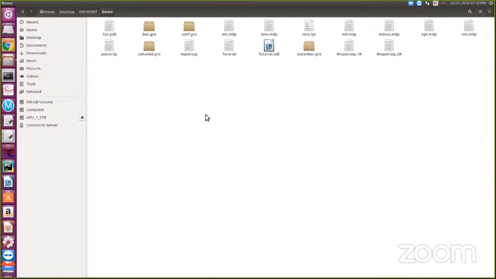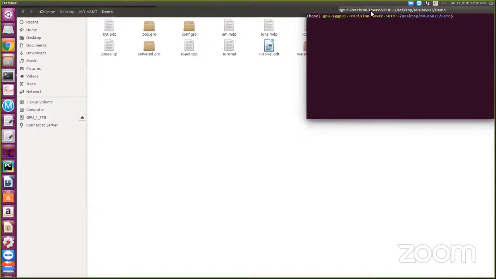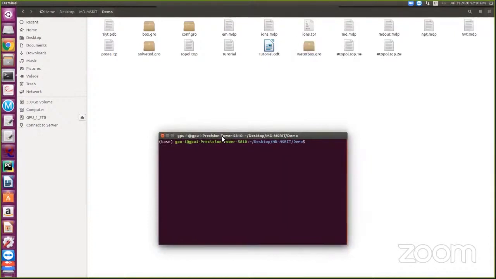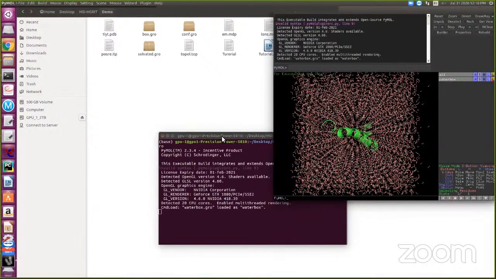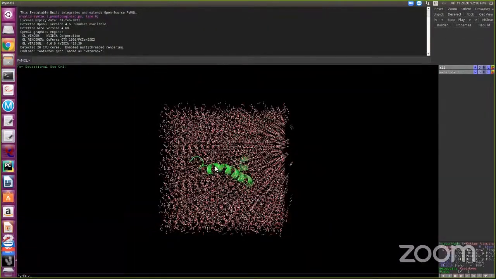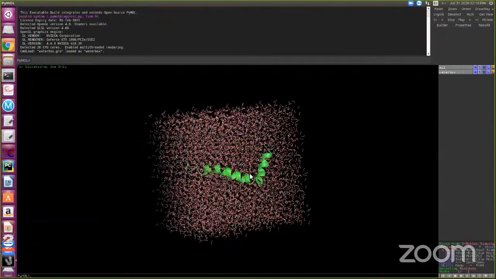Now I'm going to show how it looks. We can use VMD, or we can use a recent version of PyMOL. So I'm going to open with PyMOL. I'll type waterbox.gro and press enter. This is how waterbox.gro looks. I guess it's visible.